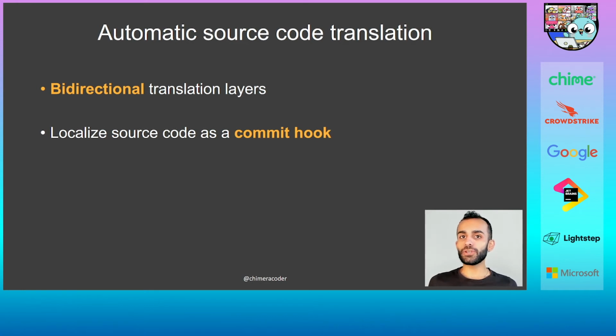So the same way that you didn't know that I was using 4 spaces for tabs and I didn't know that you were using 2, having bidirectional translation layers means that you don't need to know that I'm writing my code in English. And I don't need to know that you're writing your code in Bengali or in Spanish or in Arabic or any other language. We can localize our source code as a commit hook. And as a developer, koro means that you only ever need to be able to look at source code in your own language. So as far as the code is concerned, our language preferences are no more of a barrier between you and me than our indentation preferences are. And that's the way that it should be.